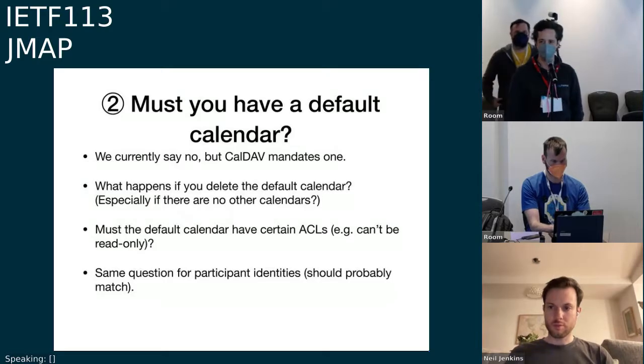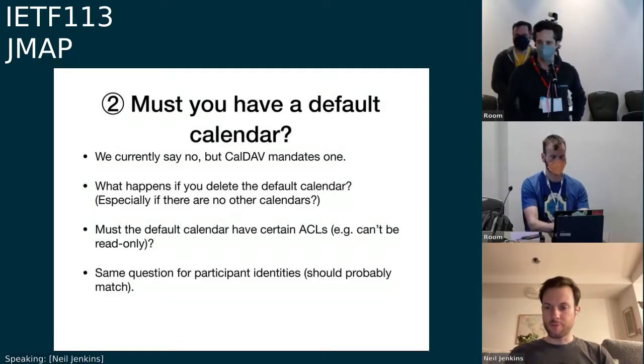So in that regard, it speaks to me that the participant identities in JMAP must be non-empty as well. I think it shouldn't implement the magic that if there are no participant identities, then scheduling is off.